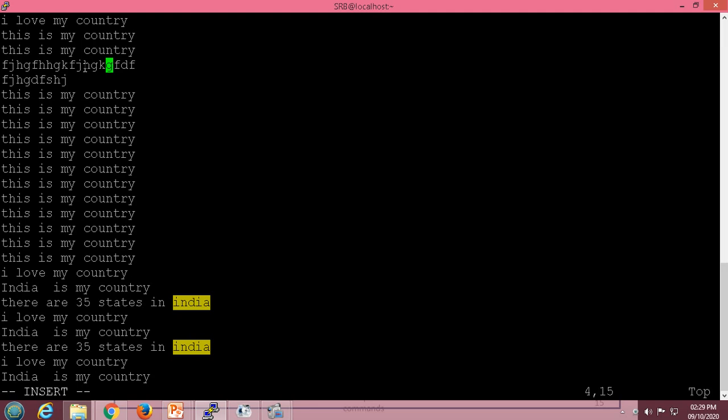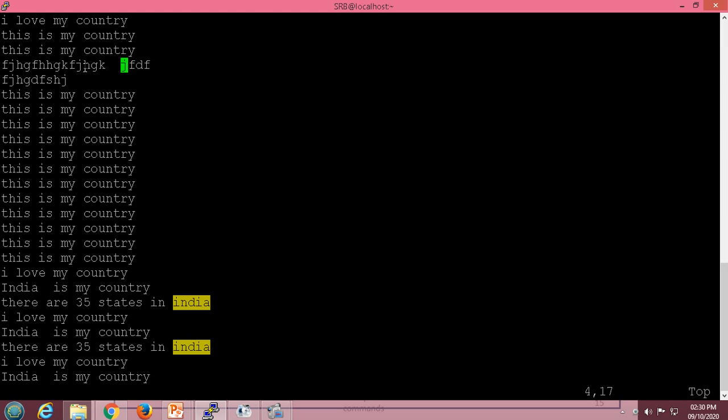Now there is the next command, that is small r. Suppose I have the command small r. I will execute it and my cursor is at this location. So escape r. With this I will be able to insert a different character in place of the cursor character. So instead of G, suppose I want J, I can insert it there. Means the original character will be replaced by the new character.